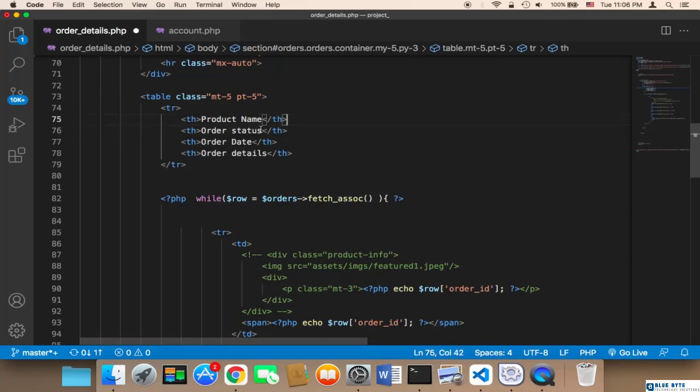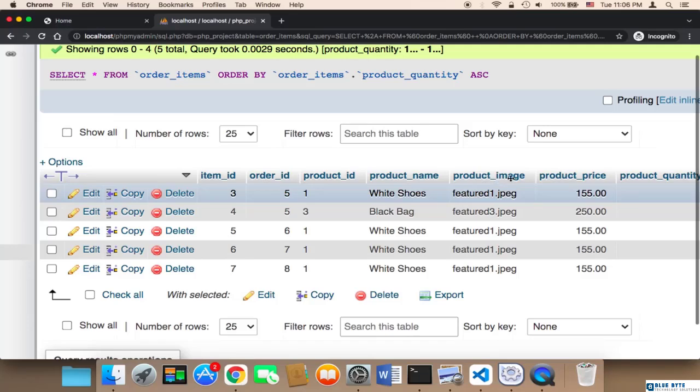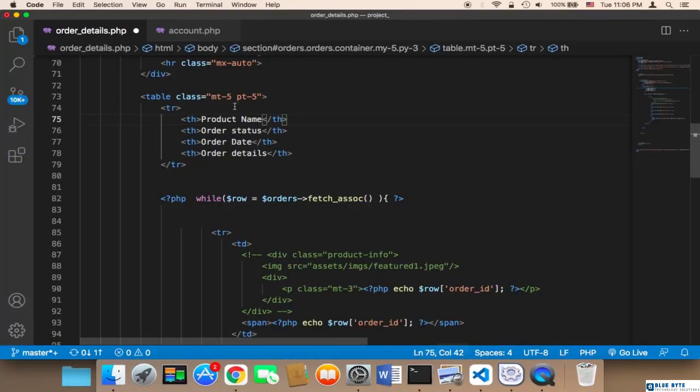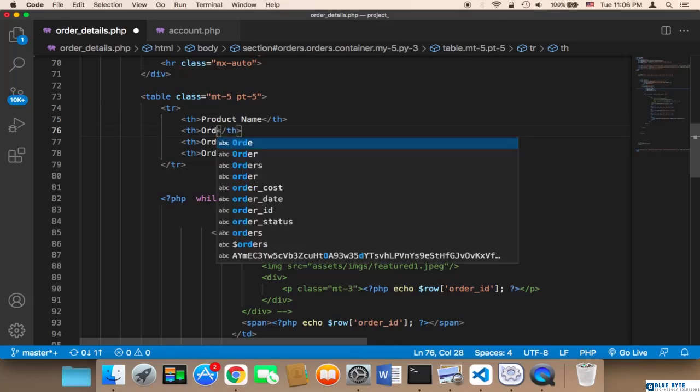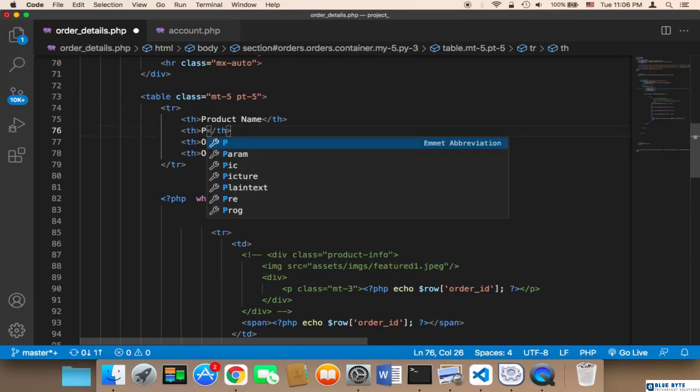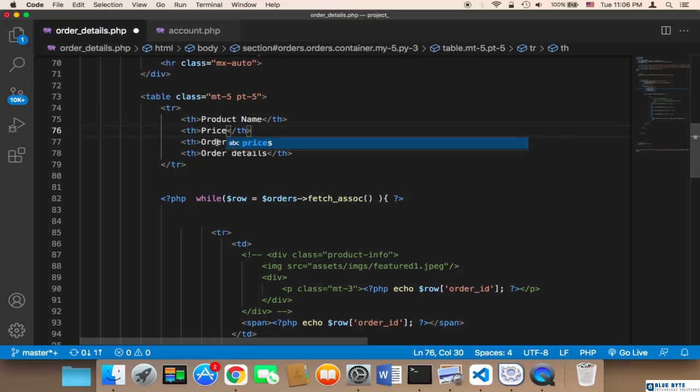So product name, and then image, price, and quantity. And here I'm going to just say product, because this product column will contain the product as well as the